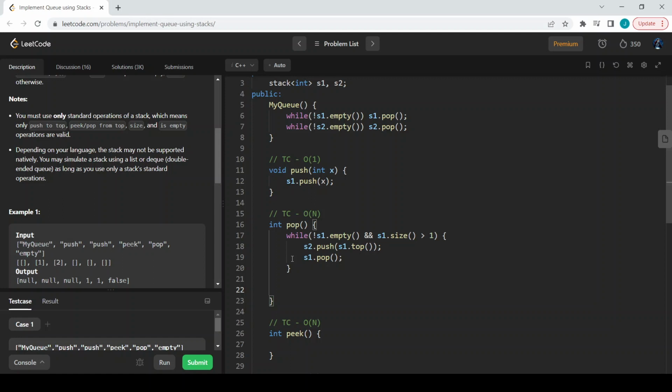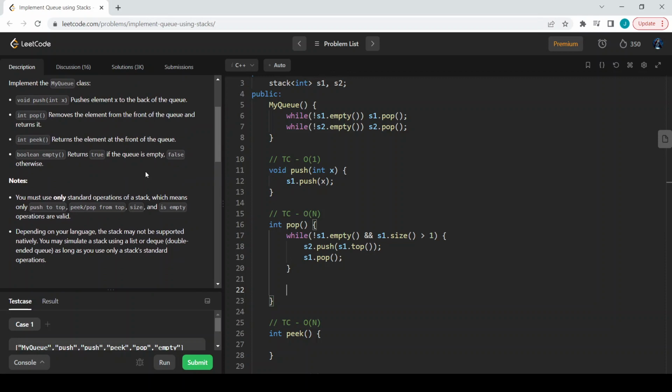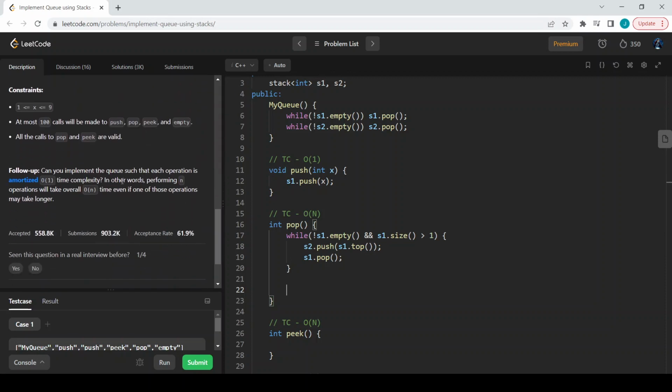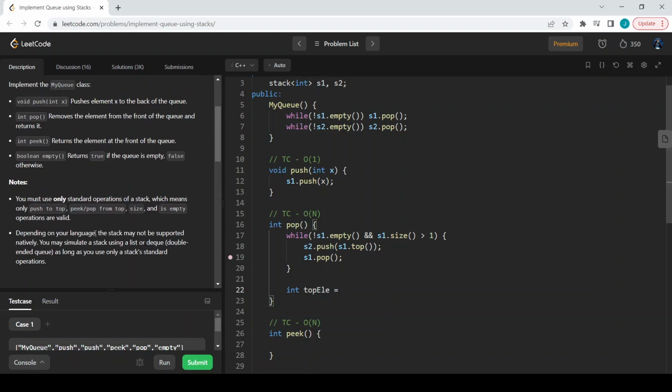Then I will be having one element left in my stack. Always there will be one element, right? All the calls are valid. So I'll be taking the top element, which is nothing but the element from the front of the queue that we have to return. The top element is nothing but s1 dot top,